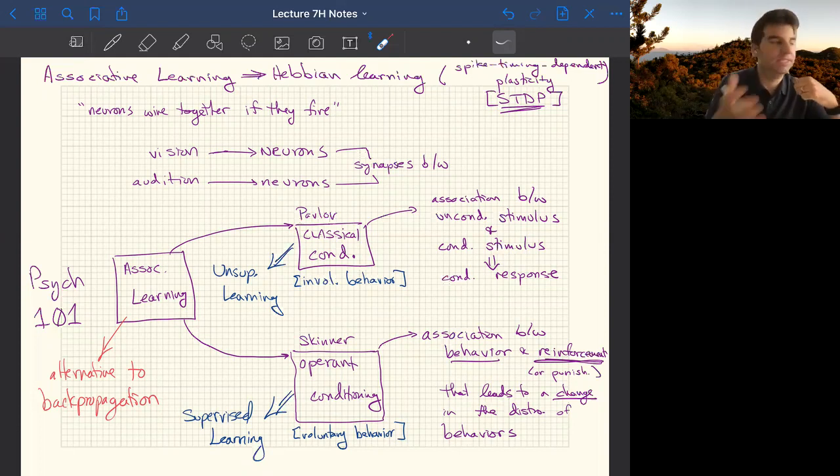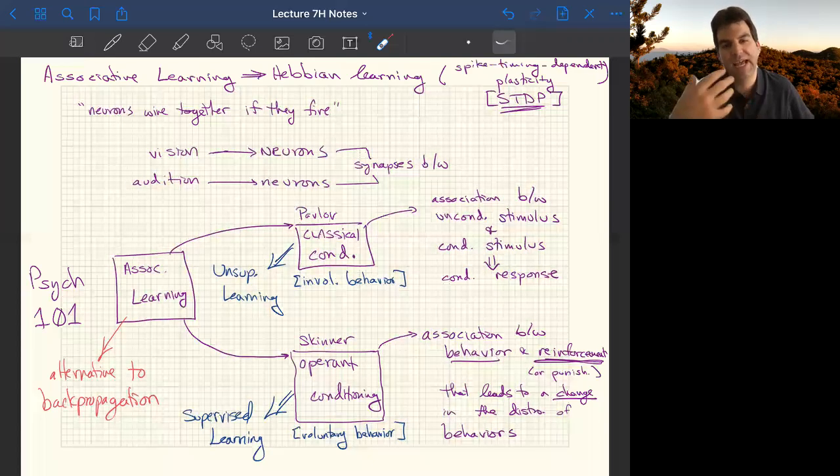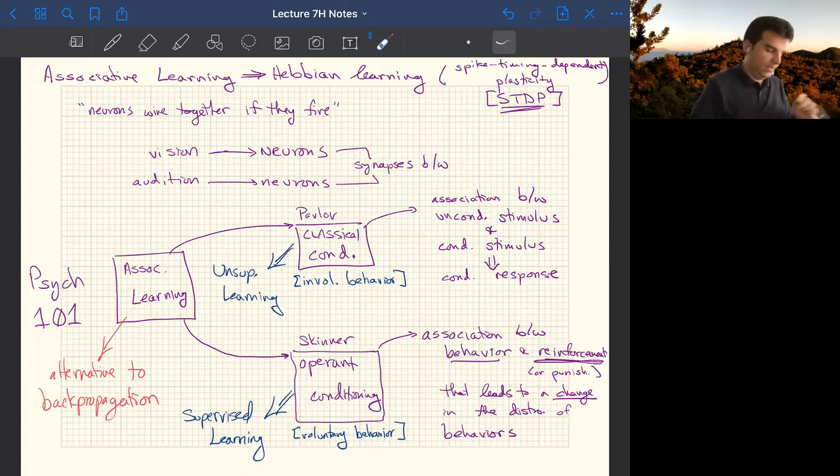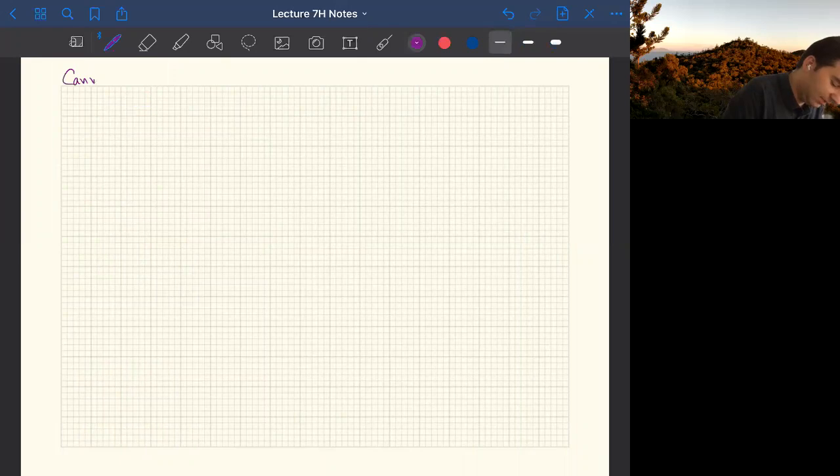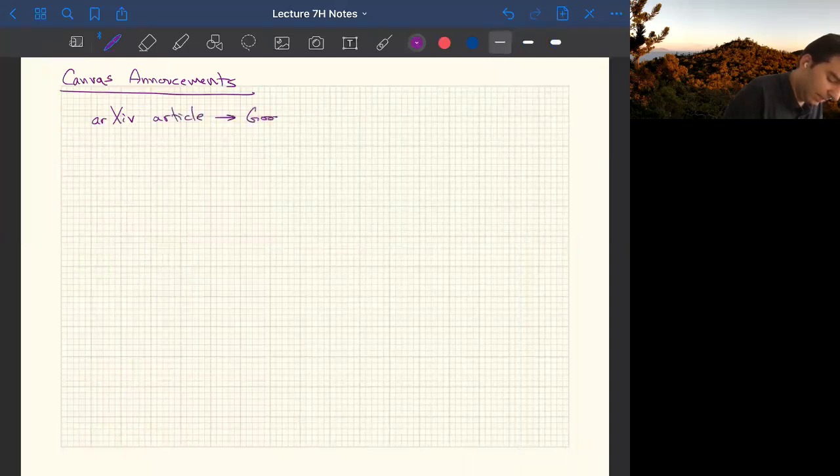I just posted onto the Canvas site, under announcements, an article that just came out of Google Brain, a group at Google that does a lot of neural network development and research, where they have used a form of genetic programming to evolve. If you view the Canvas announcements, there is an archived article, a new article from Google Brain that they are calling